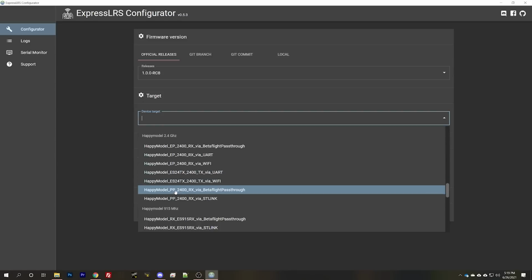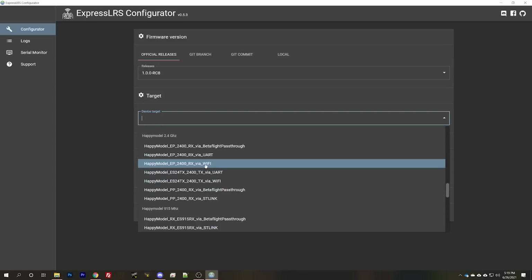There are three types of receiver that you could have gotten if you got the HappyModel. It is the EP, the ES, or the PP. The EP and the ES both have Wi-Fi, which is what we're going to use to flash them. The PP,